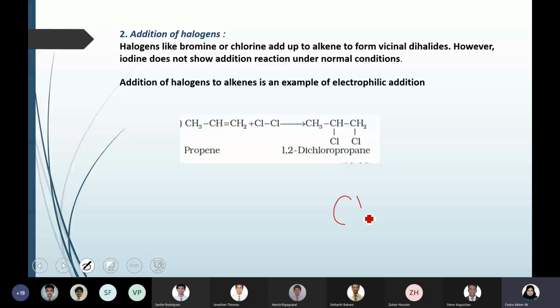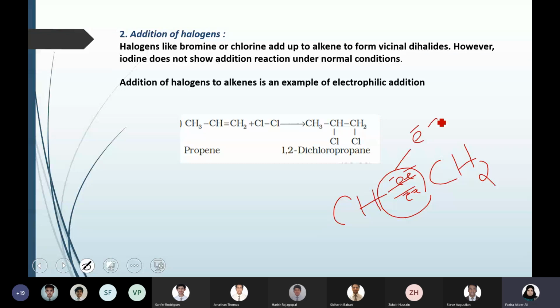And your compound has a double bond. Alkenes have a double bond. Compared to a single bond, a greater number of electron pairs are there. Each bond is a pair of electrons, so two bonds mean two pairs of electrons. That means double bonds are electron rich. So an electrophile can easily attack a double bond. That is why this is an electrophilic addition. The electrophile will come and add across the double-bonded carbon atoms.